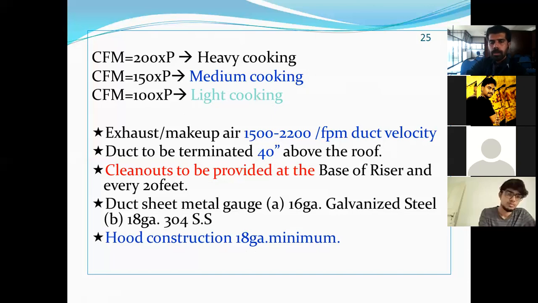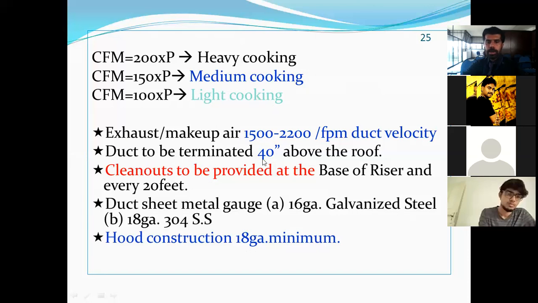So you have to know the CFM. CFM is a must to size the duct. There is an option in the duct sizer software where you can give either the velocity or the friction loss. If you know the friction loss, you can give that, or else you have to give the velocity.